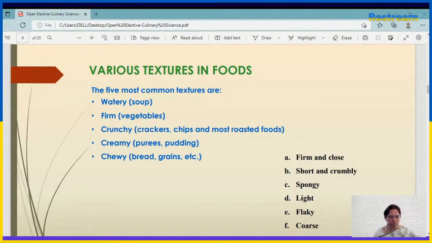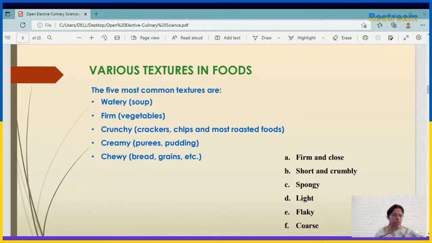Then there is coarse. Large and uneven holes are the result of this, and it gives a coarse texture. Then tough. When you cook it, it becomes very hard. There are some foods that become very hard after cooking. Then the final one is hard. Another texture which should be avoided as far as possible, because our mastication strength is not enough to take care of these hard foods.